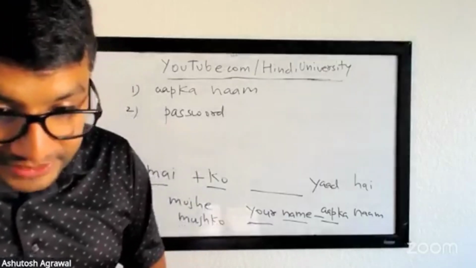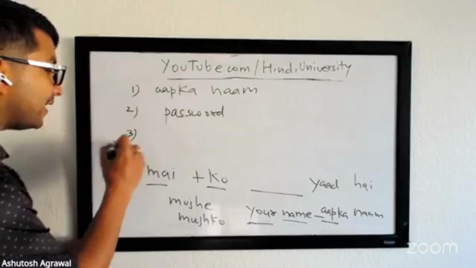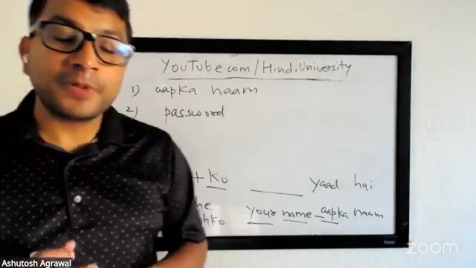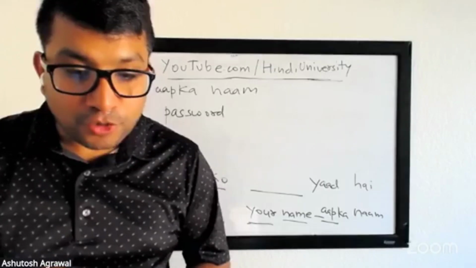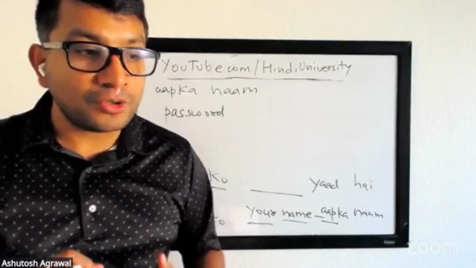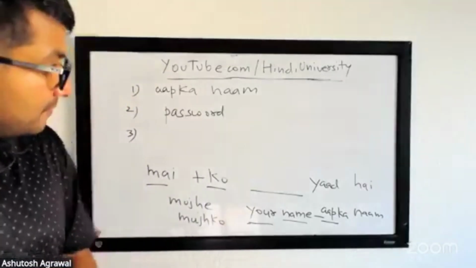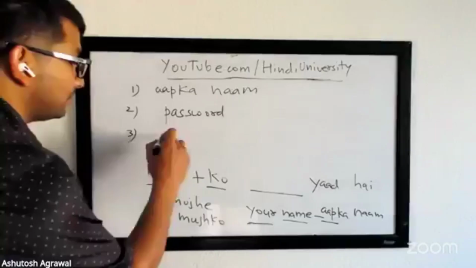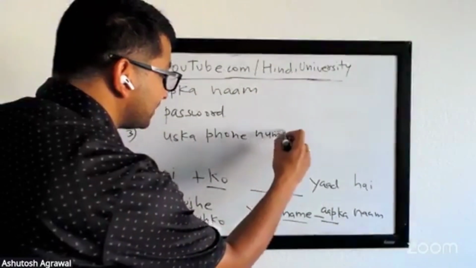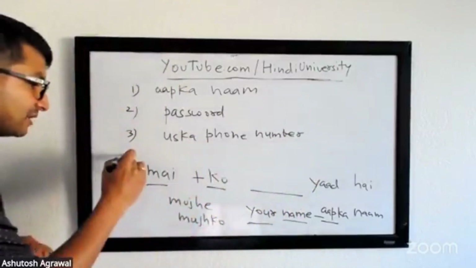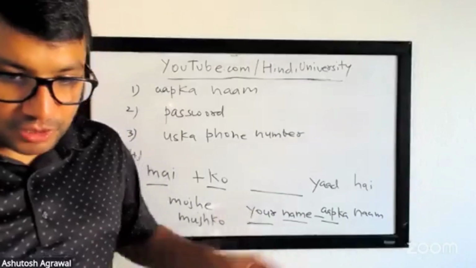Okay, let's take some more examples so you guys feel comfortable. Some people are very good with remembering phone numbers. Michael ji, you want to say, I do not remember her phone number. मुझे इसका फोन नंबर याद नहीं है. Very good. उसका phone number याद नहीं है. Same thing you can say it the other way as well. मालूम नहीं है, पता नहीं है, but we are just exercising the word called याद होना.